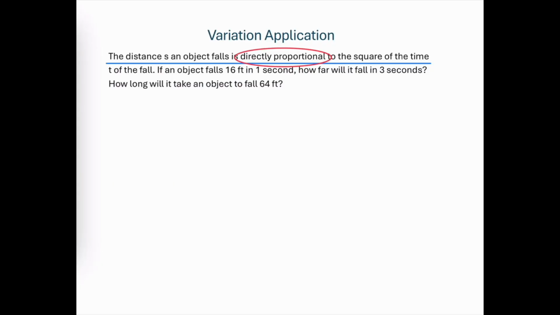directly proportional to the square of the time t. That phrase is going to translate into a math equation where s is in direct relationship with the square of the time t. So that means that the square of the time is going to be multiplied by our variation constant, which we're using k to represent. So this is what we're going to refer to as our template variation equation that describes the relationship between s